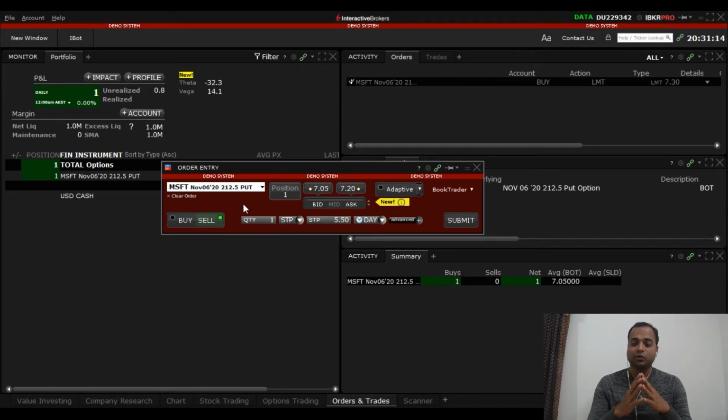So as long as the price does not hit the stop loss price that you have given here, your contract will remain open and it will not be closed. That way it ensures that your losses are limited. You can never have a loss more than this. This is the beauty of the stop loss order. So now you saw how you can place a stop loss order as well as a limit order in the international market. The same thing I'm going to show you for the Indian market as well.